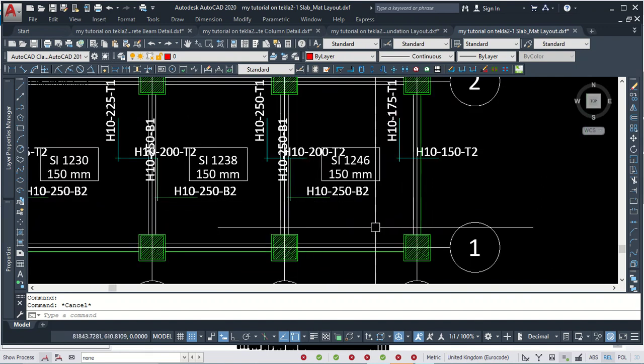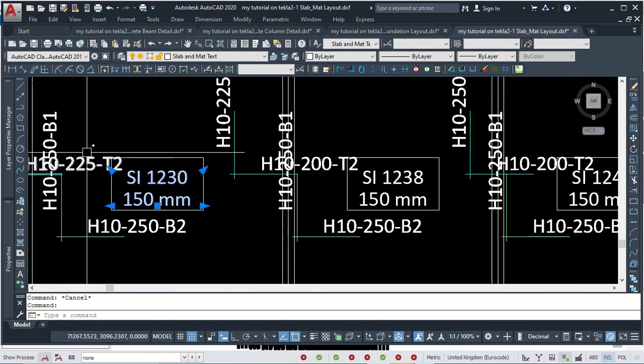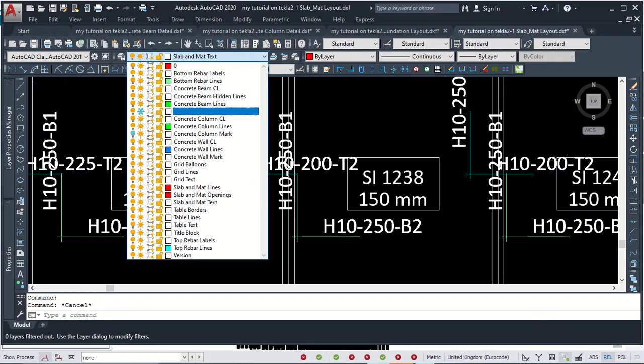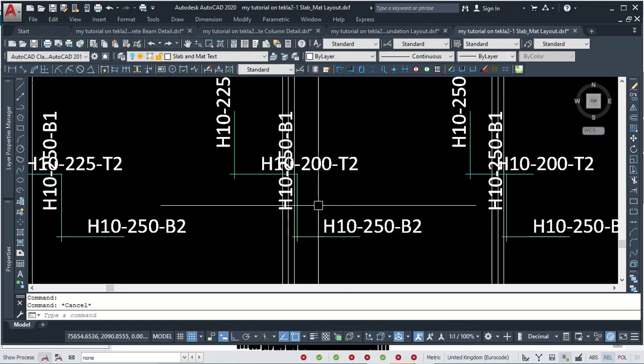Then what again do I need here? I don't want to be seeing this. Let's see the name. The name is Slab and Mat Text. So I don't want to be seeing Slab and Mat Text. I don't want to be seeing this. Okay, shut that down. Beautiful. So now